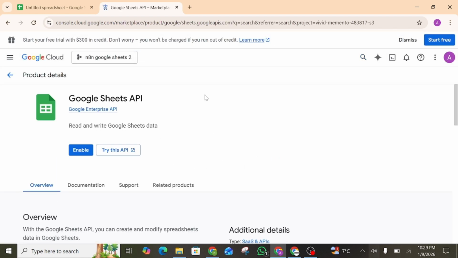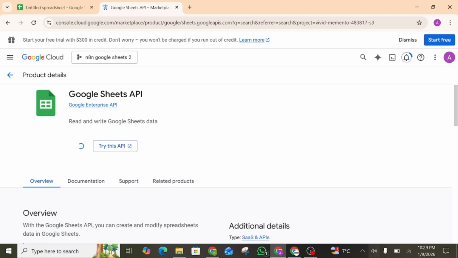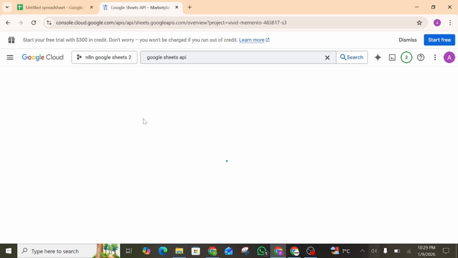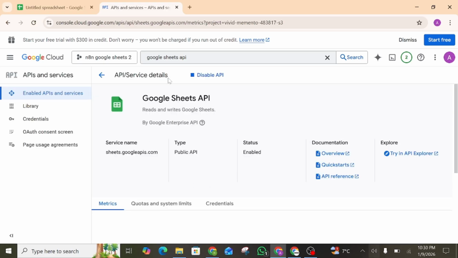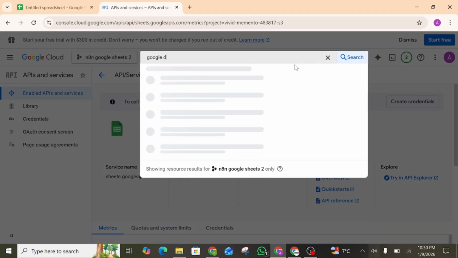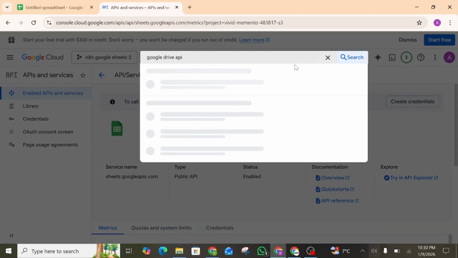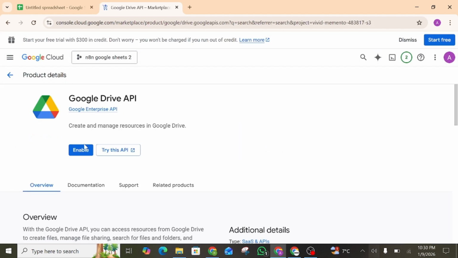So you can see, click on enable and Google Sheets API will be enabled. So after the Google Sheets API is enabled, search for Google Drive API, and click on enable and enable it.